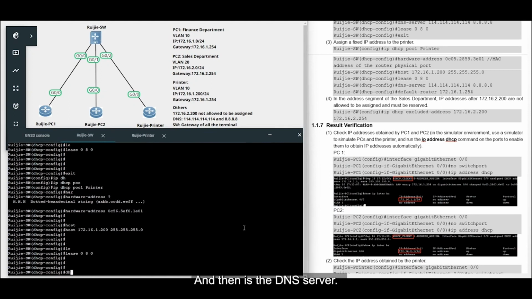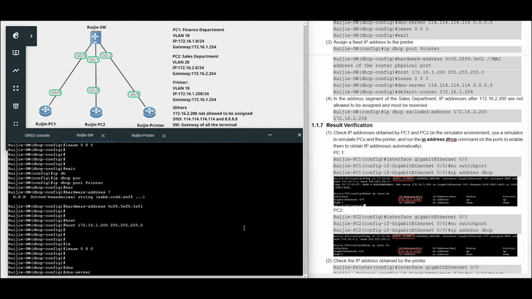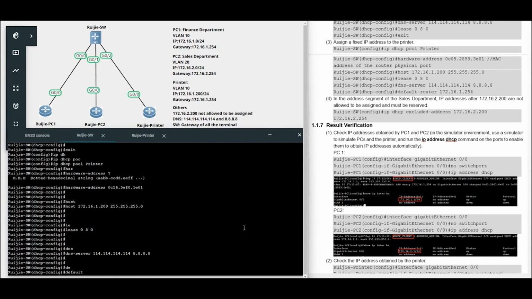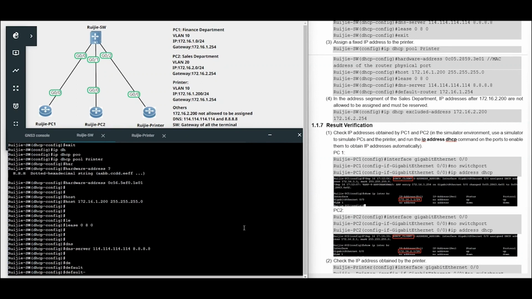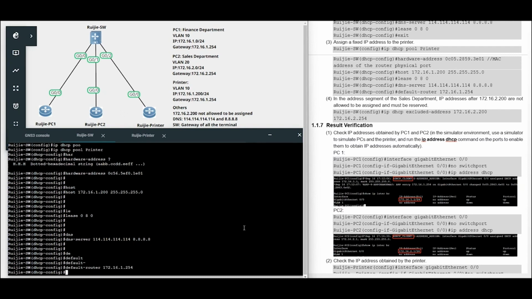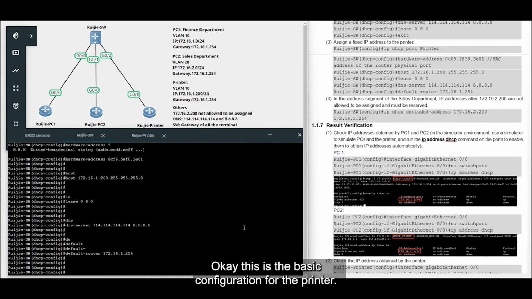And the DNS server 114.114.114.114, 8.8.8.8. Yes, and the gateway is 172.16.1.254. Okay,